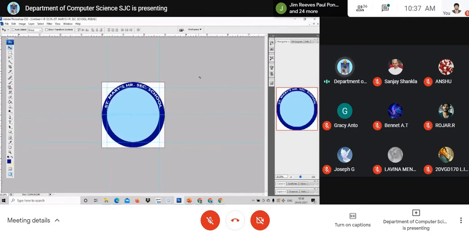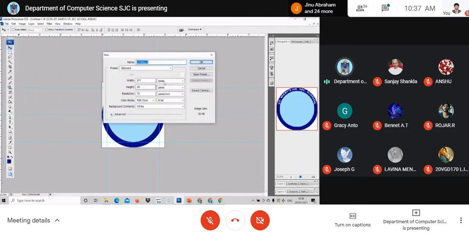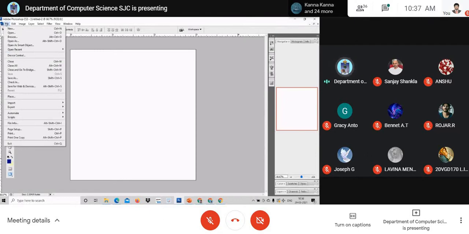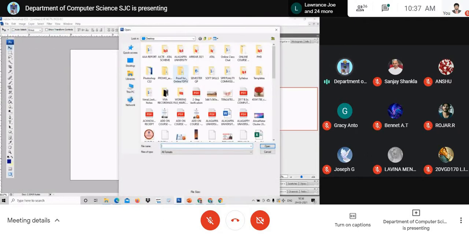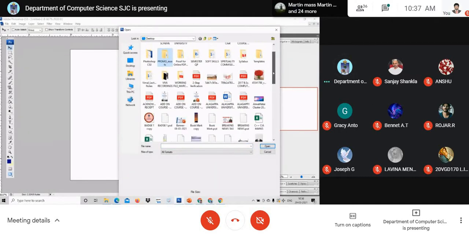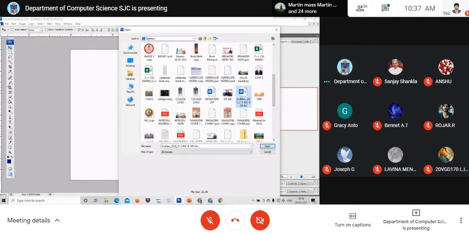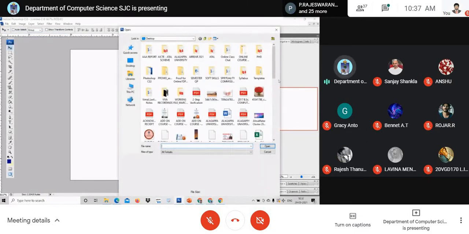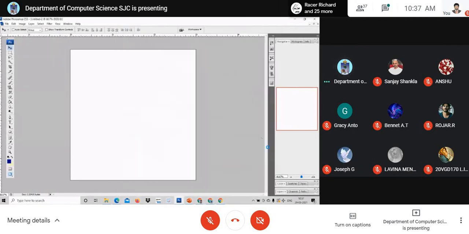Sorry, this is in pixel, right? 3 inch, 3 inch, and 300. Okay, right. Now I'm going to design the front logo that is to be put up in front of the T-shirt. Now I shall check whether I have a front design. Maybe a logo. Okay, we have no logo of the design. Now I'm going to pick up one of the logos to be printed at the front, right?